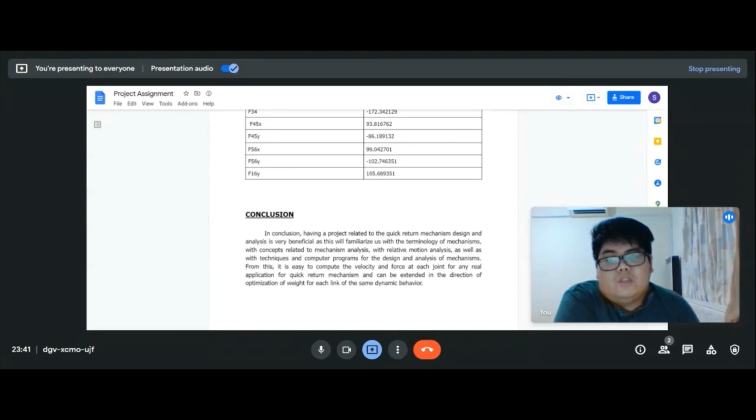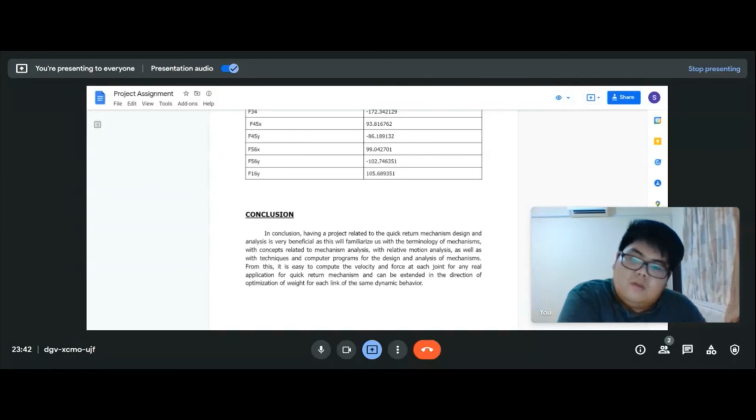From the equation, we do our design, where we have to set some parameters ourselves, and then other parameters need to be found out. And to be easy, we can also use computer programs, which are beneficial and make the calculation process faster. But here we did it by manual calculation,